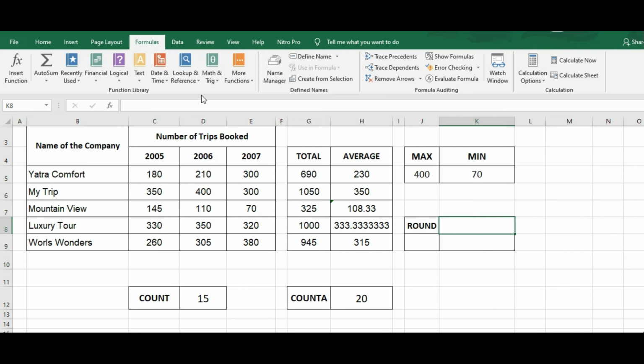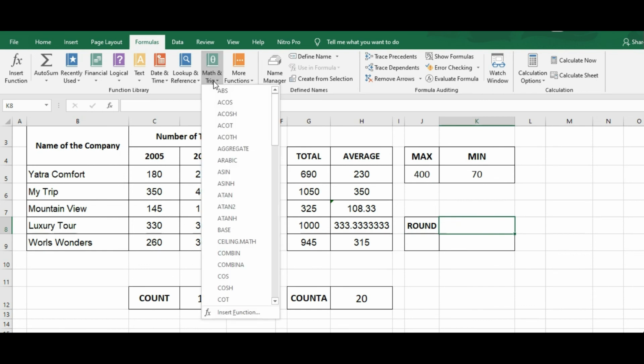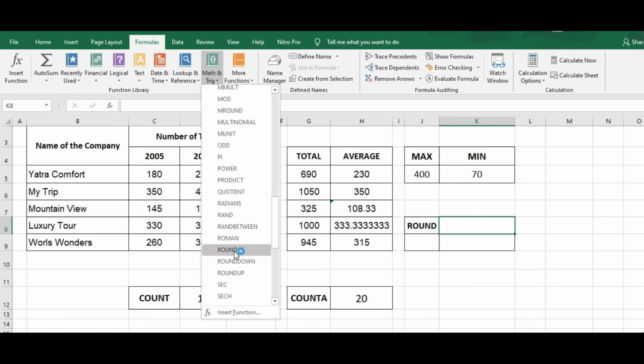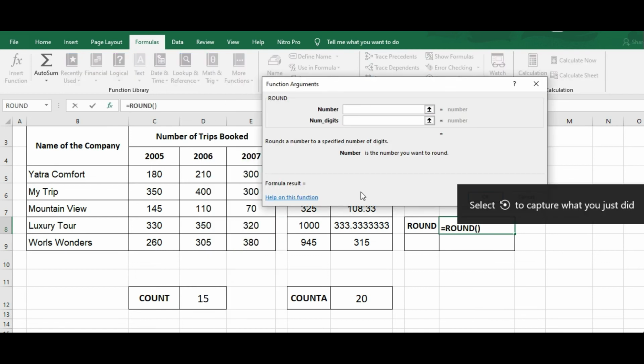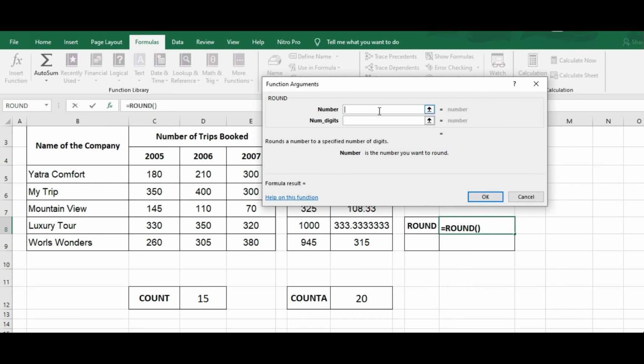Now the ROUND function is a mathematical function, so we can find it here, this one, ROUND function. So here the number I have to input. Suppose I'm giving the number 12.4523, and in the next case the number of digits, it is the number of digits to which we want to round off after the decimal point, obviously.